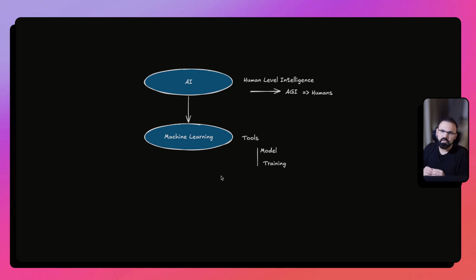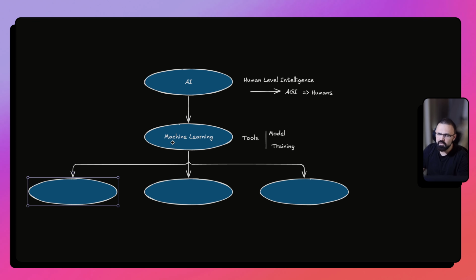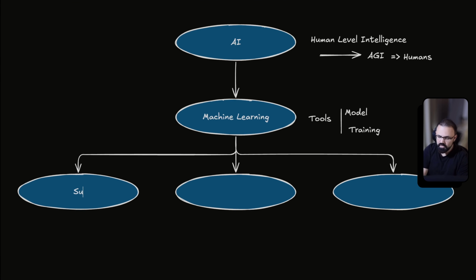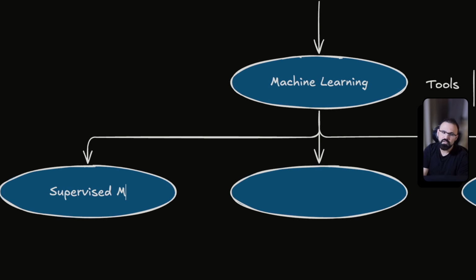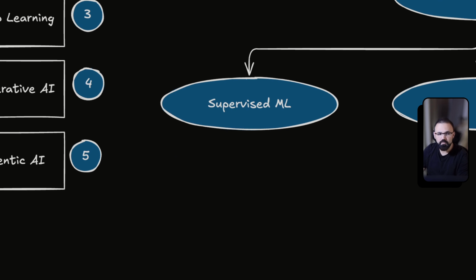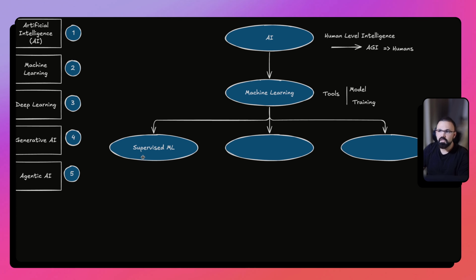Now, under machine learning, there are three main concepts that we'll briefly touch upon, right? There are different types of machine learning, and we can categorize them mainly into three different areas. One is supervised machine learning. What is supervised machine learning? It's something that you supervise, as the name suggests. You supervise the whole machine learning process as a human. So there's always a human involved in this loop.